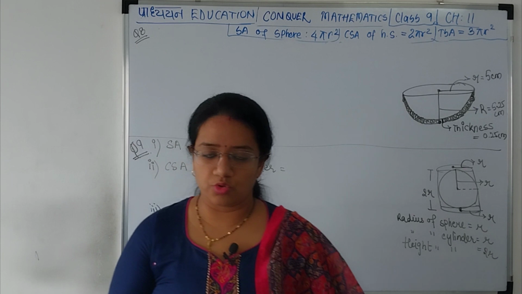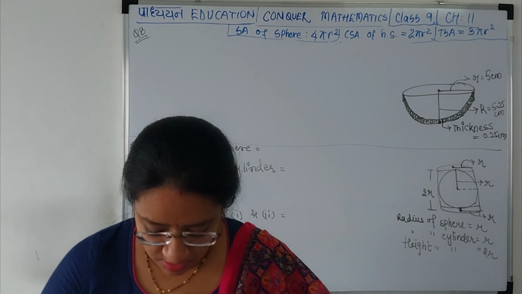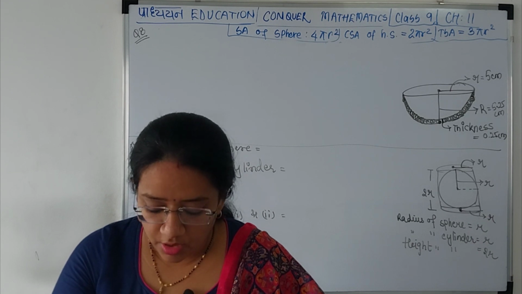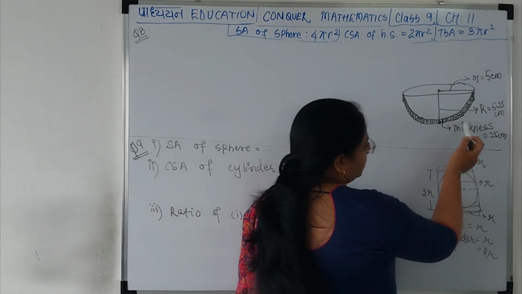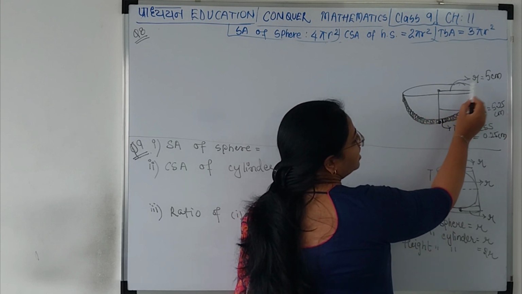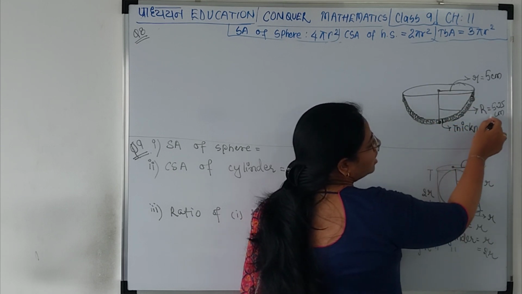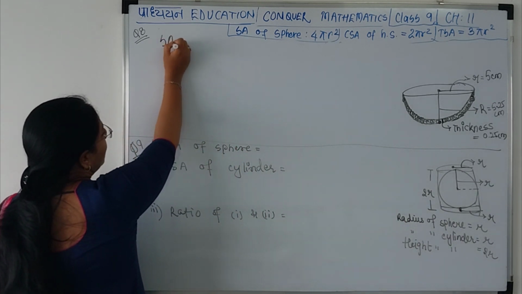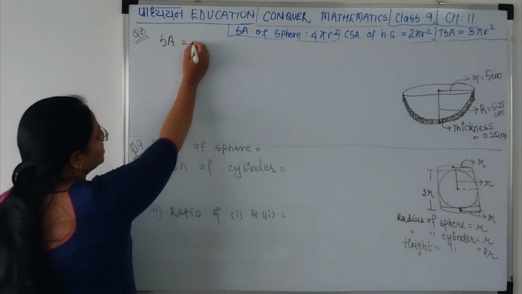Alright, so now let's just go for the last two questions. Let's read question number 8. A hemispherical bowl is made of steel 0.25 cm thick. The inner radius of the bowl is 5 cm. Find the outer curved surface area of the bowl. There is a bowl whose thickness is 0.25 cm, that is this portion. And its inner radius is 5 cm. So what will be the outer radius? It will be the inner radius plus the thickness. So we get the outer radius as 5.25 centimeters. And what we have to find is the outer surface area of the bowl. That is, we have to use radius 5.25 centimeters, right?